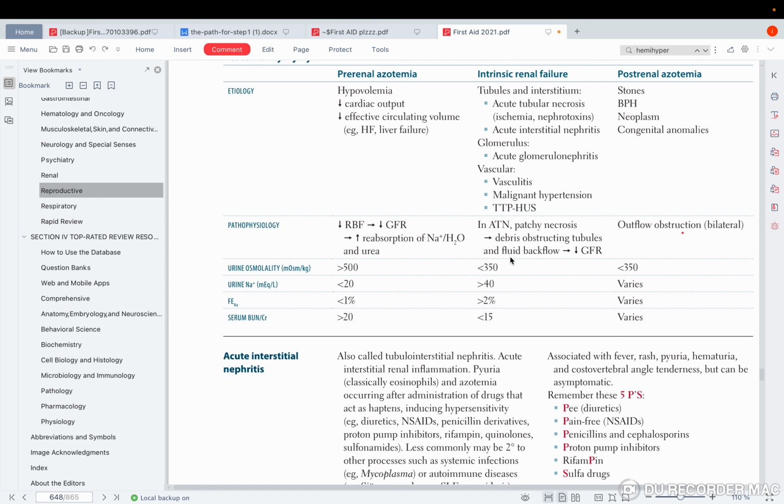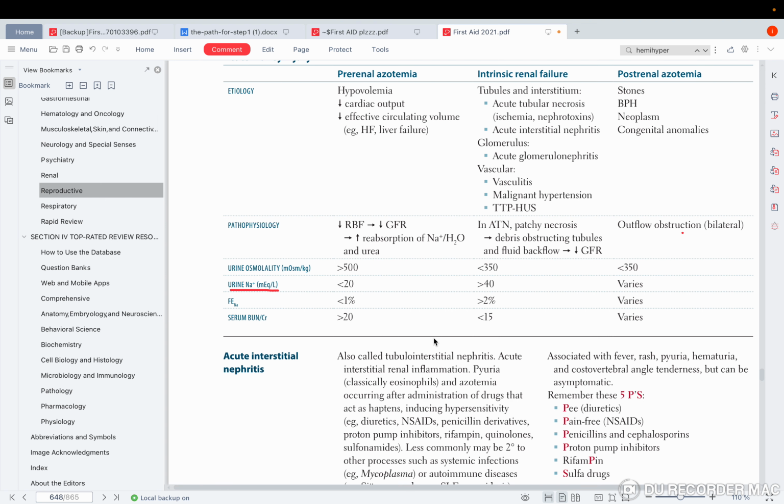Okay, what about your urine sodium? Are you able to reabsorb normally? Again, can you reabsorb sodium normally? You cannot. So if you cannot reabsorb sodium normally, what will happen to the urine sodium level? Up or down? Up, yes. Okay, so what is going to happen to your fractional excretion of sodium? Which is the amount of sodium getting excreted compared to the amount of sodium getting filtered. Yes, much higher. Why? Because you do not have reabsorption.